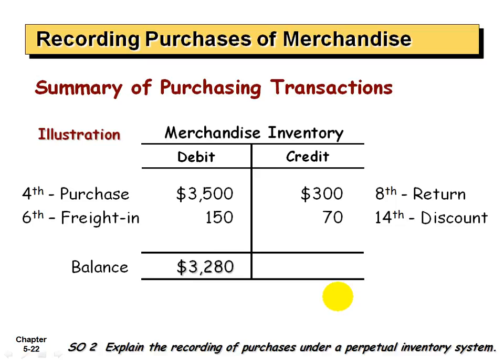What you're looking at here is the merchandise inventory T account. Again, debits, this is an asset account, increase, and credits decrease. So when you bought the merchandise on May 4th, you debited this account for the full purchase price. But then a few days later, here on the 8th, you return, crediting the amount you returned. And then you paid the shipping costs, here $150, increasing the cost of this asset. And then when you paid off your bill, you of course credited the cash asset, but